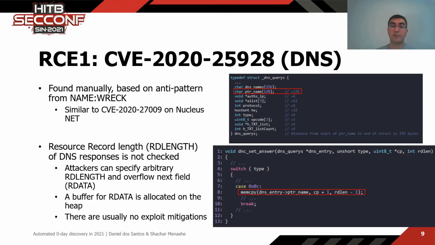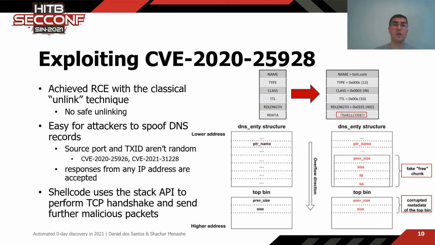But if you look at that buffer, it's actually of a fixed size, right? So you can see that in between those there is no check for the size of RD length. And this buffer is allocated on a heap, and usually there are no exploit mitigations, right? Which leads to the actual exploitation of this vulnerability, which was achieved with a classical unlink technique, because there's no